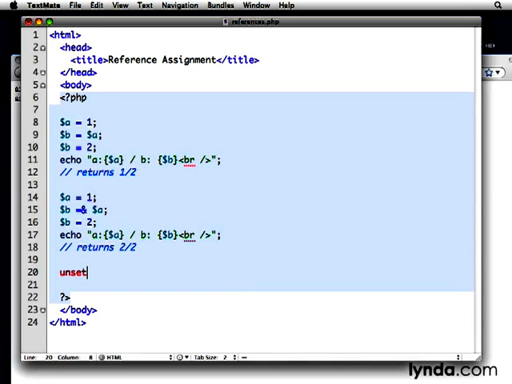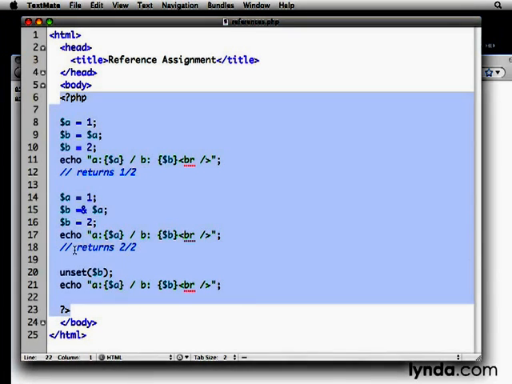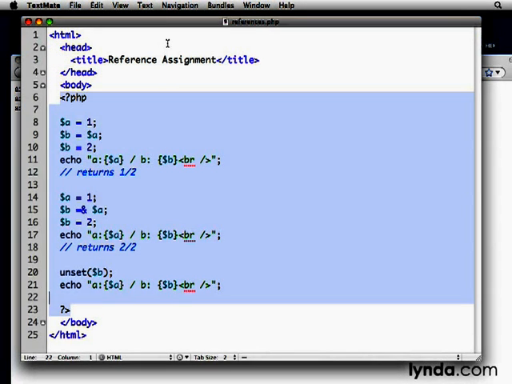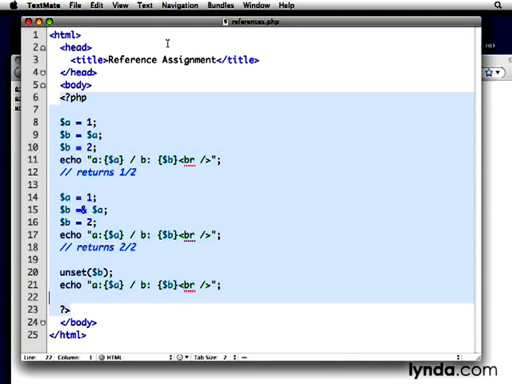When we decide that we are ready to unset it, then we can just simply use unset b, and that will unset b for us. And then let's just echo those values back just to see what they're equal to again. And you'll see that now a is still equal to 2, but b is equal to nothing. So that's the basic concept behind references. We're going to look in the next few movies at other